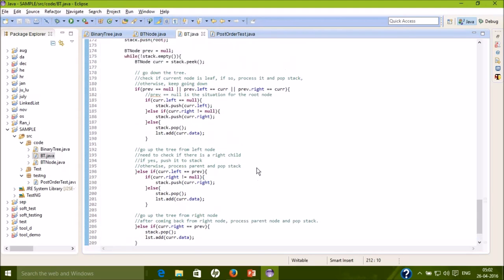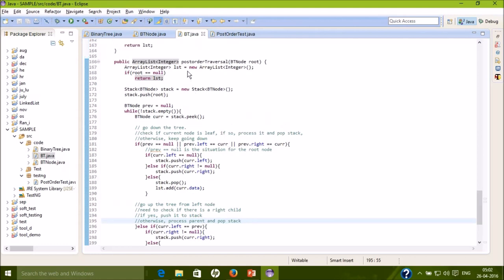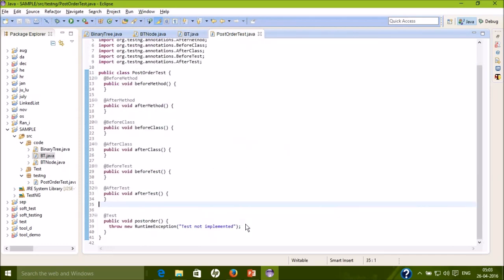So to test this method, what we could do is create a tree object and then add elements to that tree, and apply the post order traversal method on that tree. And we can manually create an array list where we manually add the elements which should come in post order traversal, and then compare those array lists. If those array lists are the same, then the method is correct and it gives the correct post order traversal, or else it is wrong. So let's write the code for it over here.